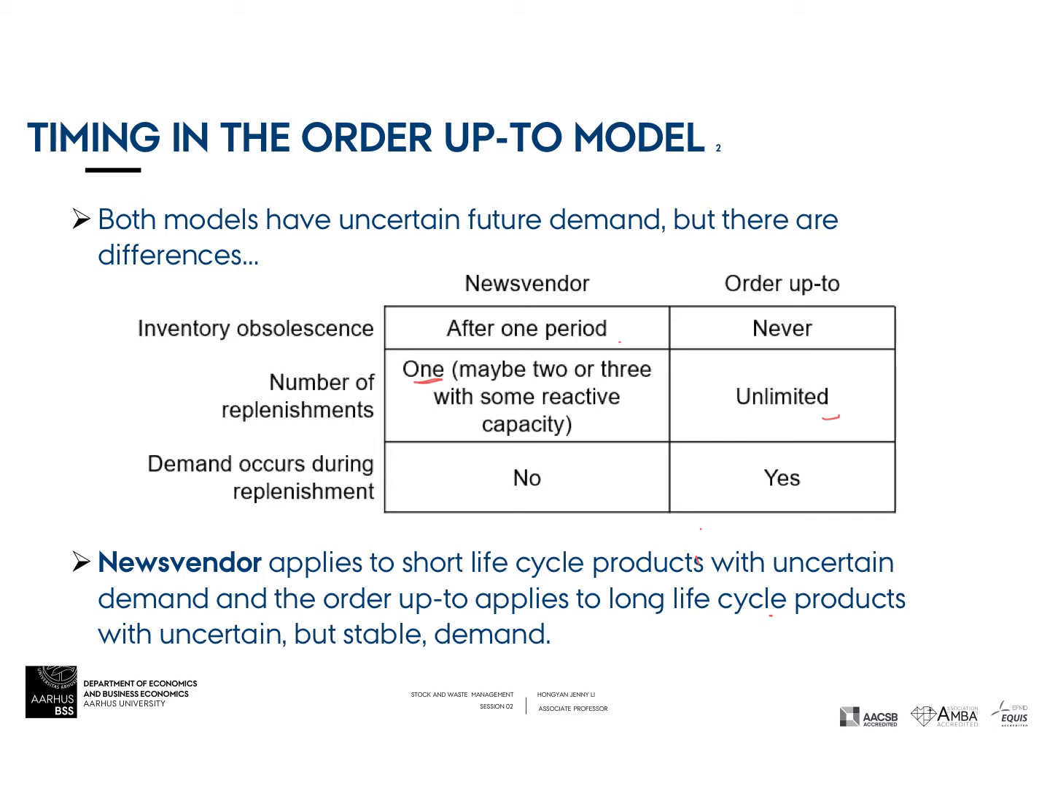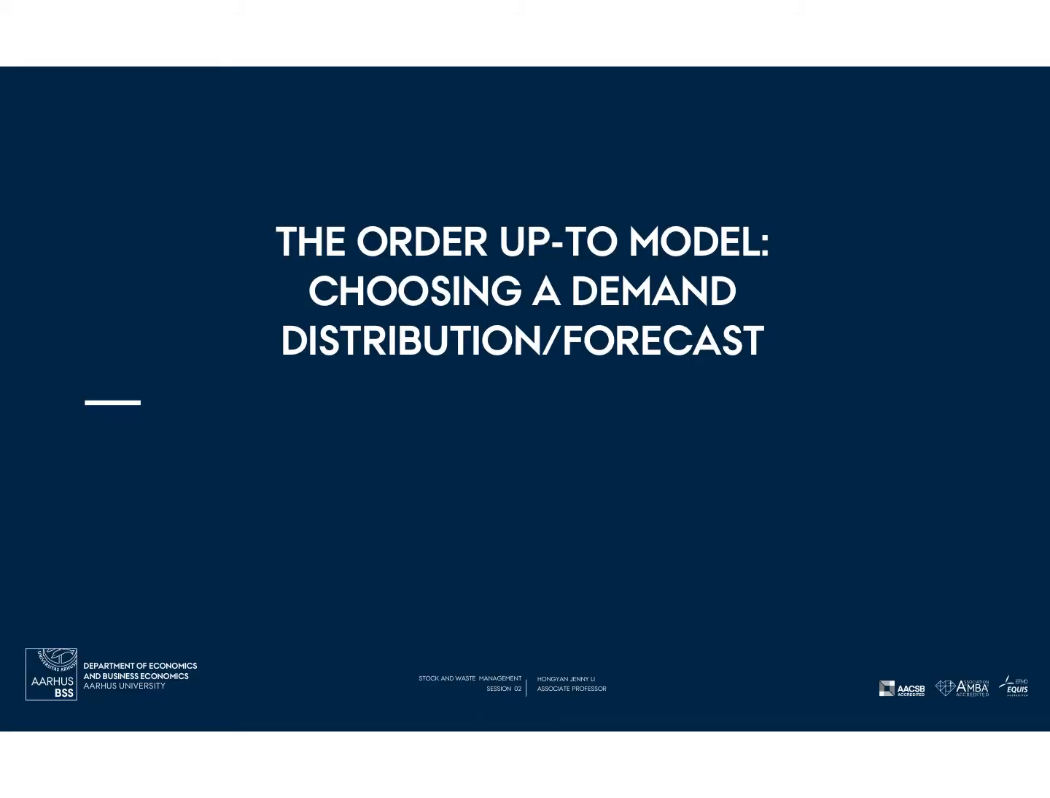And then the newsvendor model applies to short life cycle products with uncertain demand, and the order-up-to model applies to long life cycle products with uncertain but stable demand. So given Medtronic's supply chain inventory replenishment problem, we first talk about how to choose a demand distribution or forecast